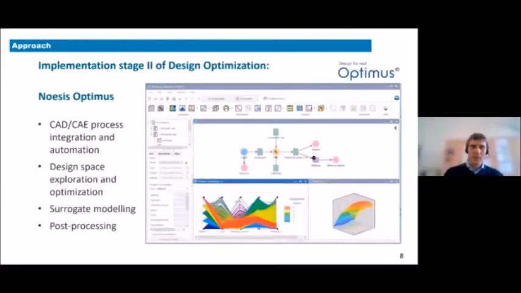Yes. Thank you, Philip. Indeed, this slide describes from a general point of view how the second design optimization stage has been implemented. The rationale is that the concepts identified during the conceptual design stage are used in the second detailed design stage to investigate how parametric variations on the variables that are typically kept fixed during the conceptual design can further be optimized through the usage of design exploration and optimization algorithms in order to further improve the performance